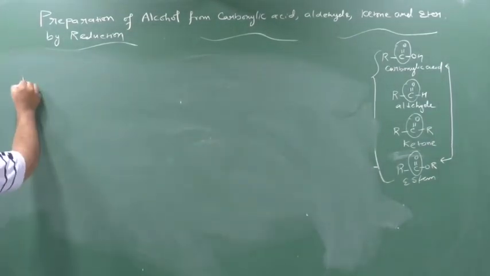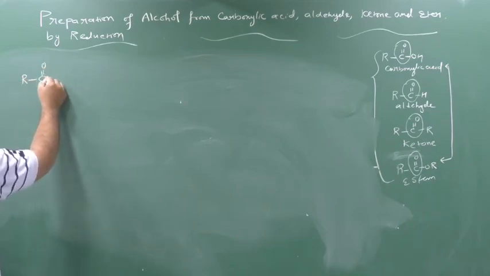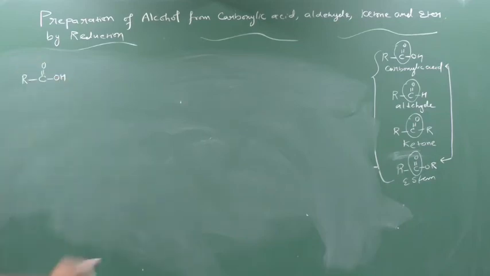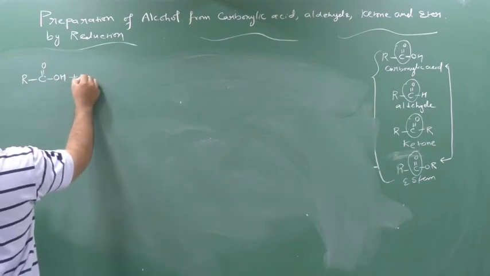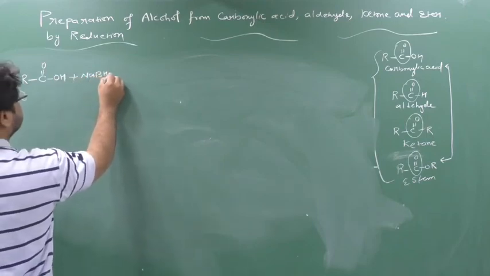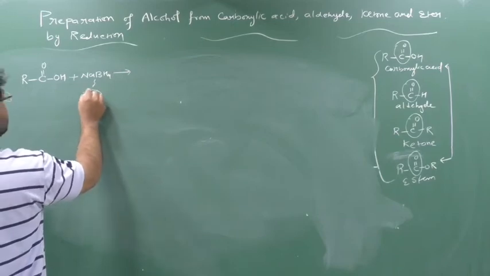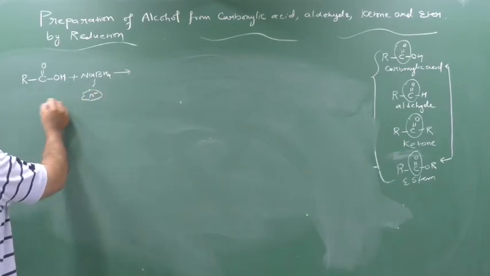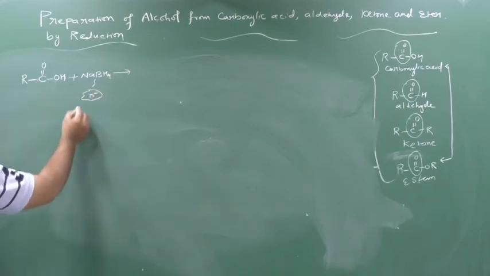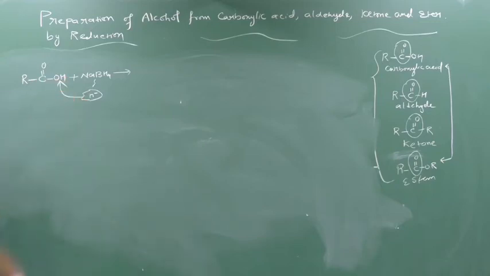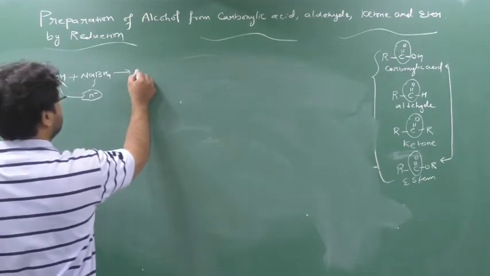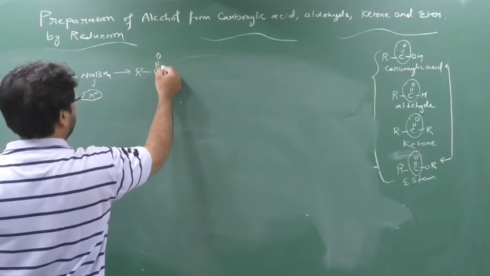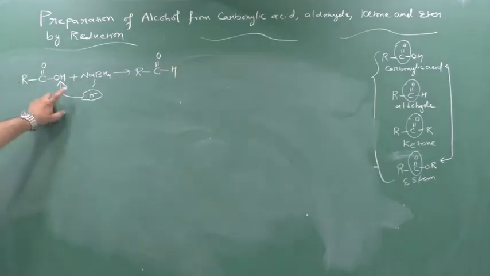See, first we will take the carboxylic acid. Please focus here. If you understand this, everything will be understood. First step, again we will take sodium borohydride. So this will form what? H minus. This will not attack first on this carbon. First it will attack on this OH. This is the first attack. It will remove the OH first and form R, C double bond O and H here. Because this H minus will attack this OH, the OH will be removed and H will be placed here.